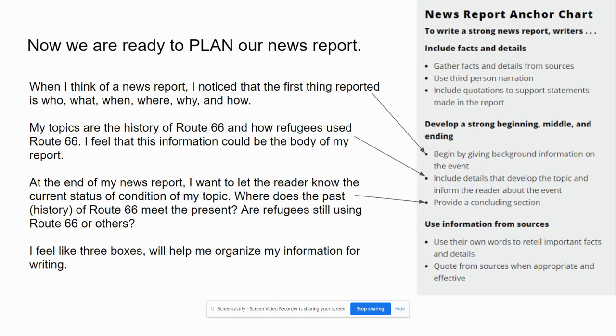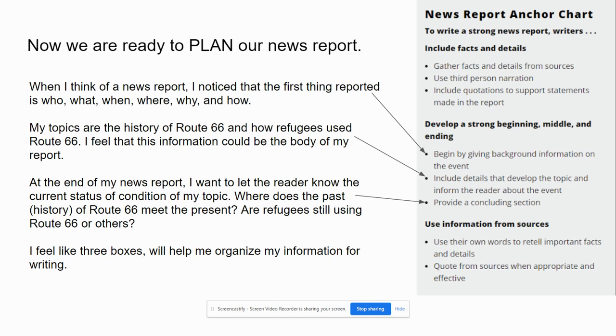So when I think of a news report, I notice that the first thing reported is who was involved, what is going on, where this is taking place, why this happened, and how this happened. And then my topics are the history of Route 66 and how refugees used Route 66. I feel that this information could be in the body of my report. And then at the end of my news report, I wanted to give a conclusion.